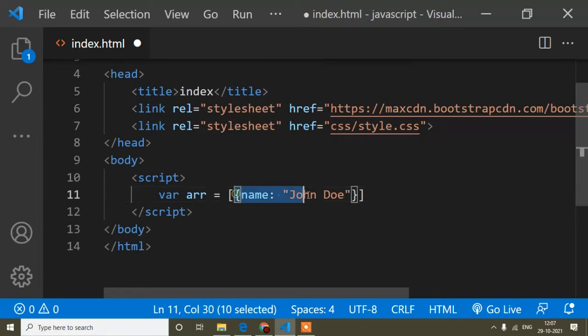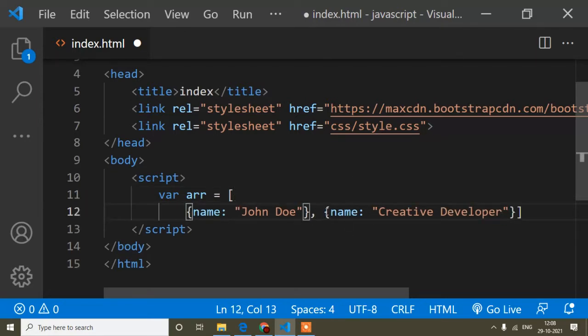This one is the name in one object, and I will create another object. Here I will just change it to my channel name, anything. This is the array and objects.